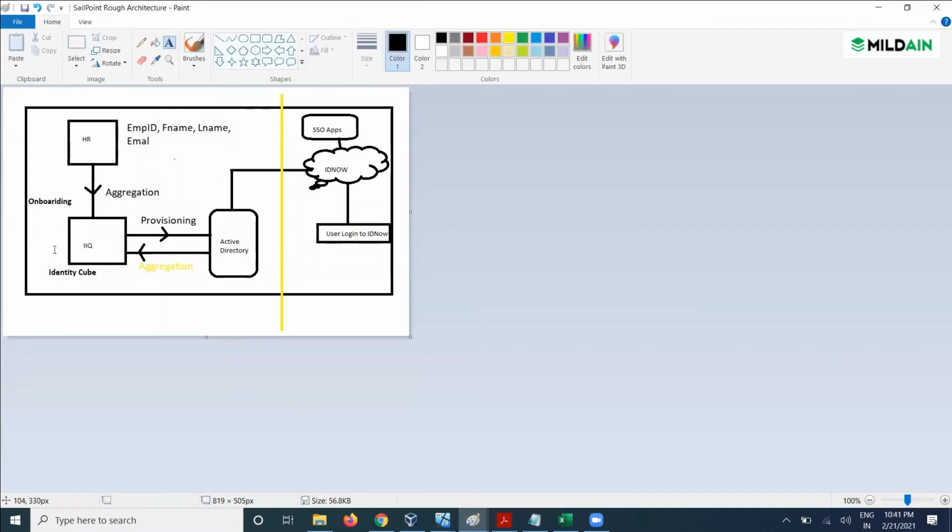In normal language, if you talk about any application, whether an IAM system or a normal system, you create an account on Google or Facebook or Twitter. So in IIQ, what we create is a user account, but we call it an identity cube. This is SailPoint terminology. Basically, there's a user repository, correct? Yeah, there is a user repository, and in the user repository, there are hundreds of accounts, and every account is known as an identity cube. Got it.